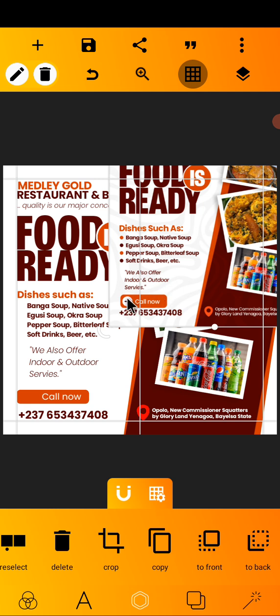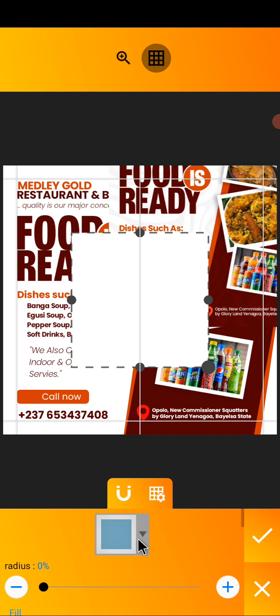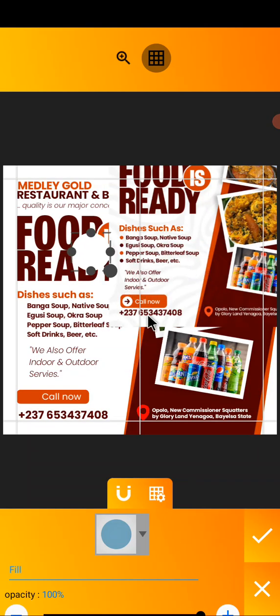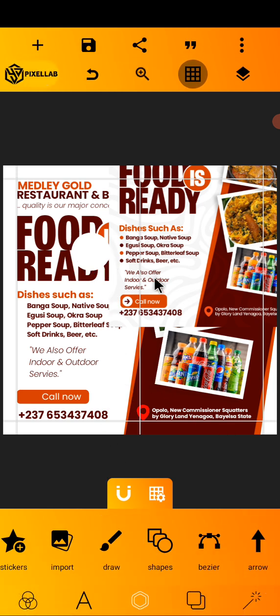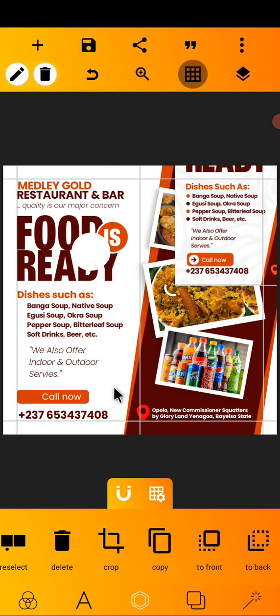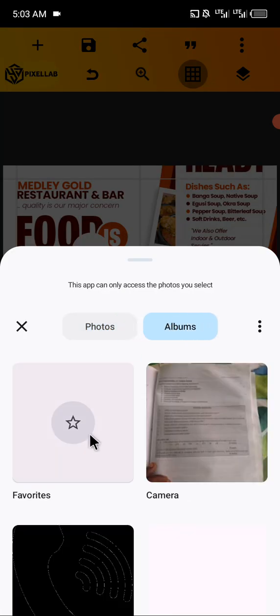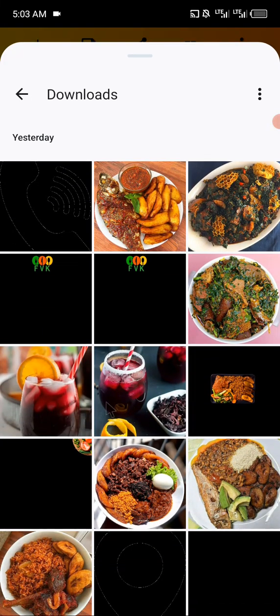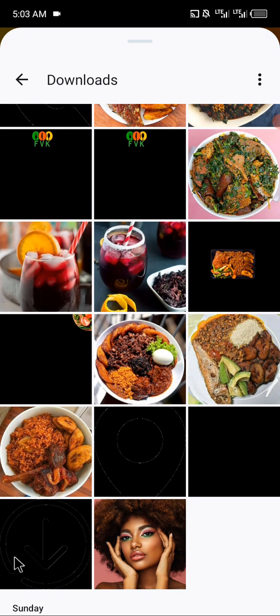arrow. So before doing that, I will first create a circle, position it here, then I'll go to my import, then I'll import that arrow, download. So this is the arrow here,